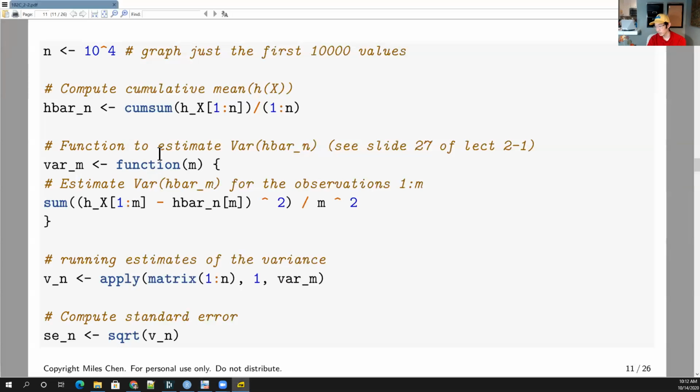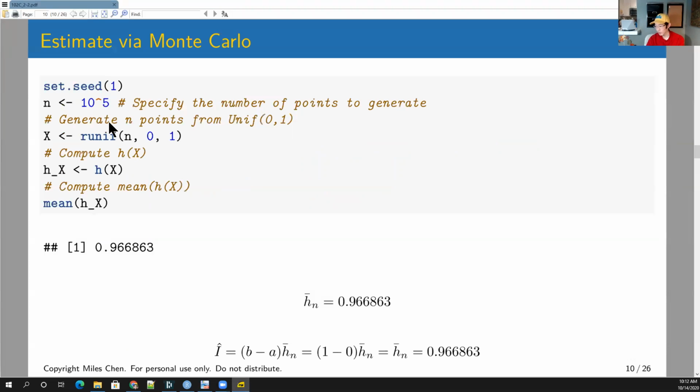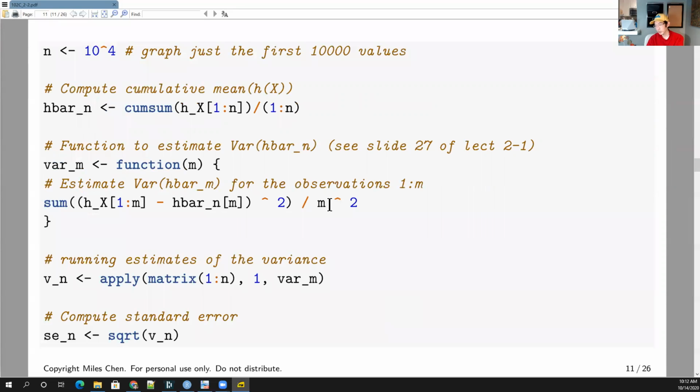Okay, and so I'm going to compute basically a cumulative value of h bar sub n. Okay, so this value h bar sub n is 0.96686. That's my mean after 100,000 values. After 10 to the 5, after 100,000 values, this is the mean I get. But I kind of want to know, what is the mean that I had after 3 values? What's the mean that I had after 4 values? What's the mean I had after 5 or 6 or 7, all the way up to n? So this is going to become a vector of length